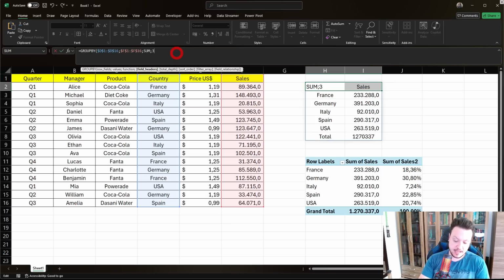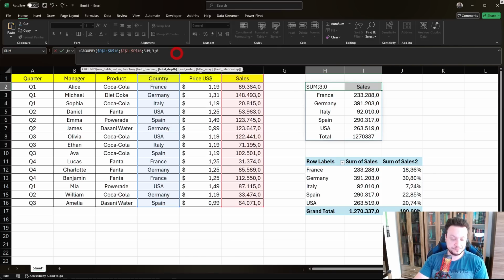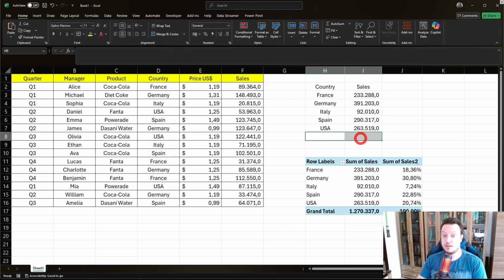Now, the next optional argument is total depth. To see if we want to not show the totals, show the grand total and subtotals, grand total at top, and/or grand total and subtotals at top. We want no totals, 0. And then hit enter. Now, the total here in our table is gone. The next argument